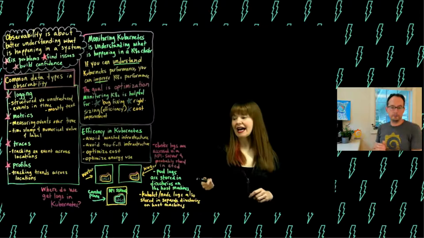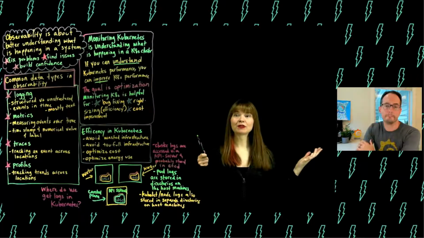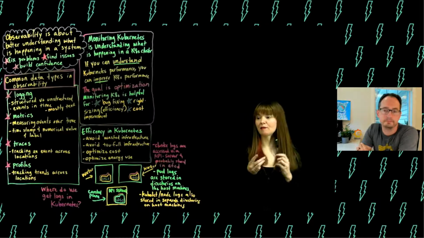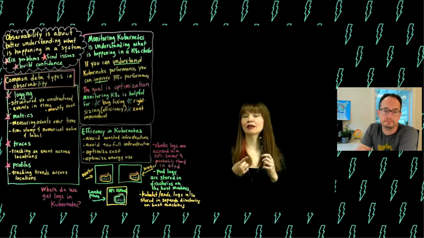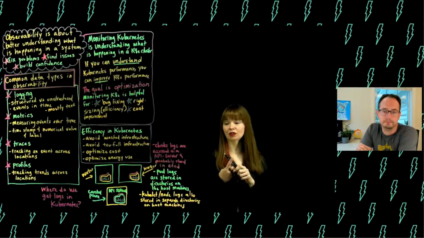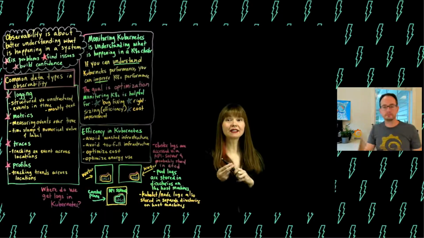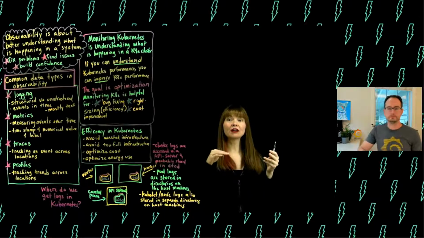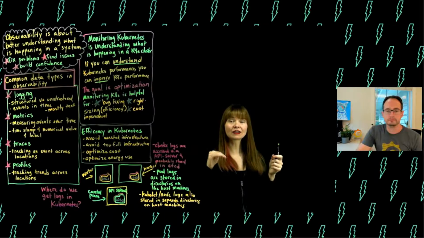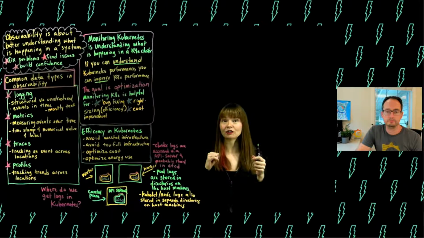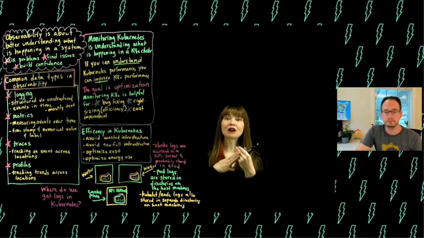So to recap, where do we get logs in Kubernetes? There are 3 types of logs. They're pod logs, and those are stored in directories on each node in the cluster, regardless of whether it's a control plane node or a worker node. Yep. We have the kubelet level or node level logs, and those are also stored in different directories and also stored on each node, regardless of whether it's control plane or worker node. Yep. And then the third type of logs we have are cluster logs.